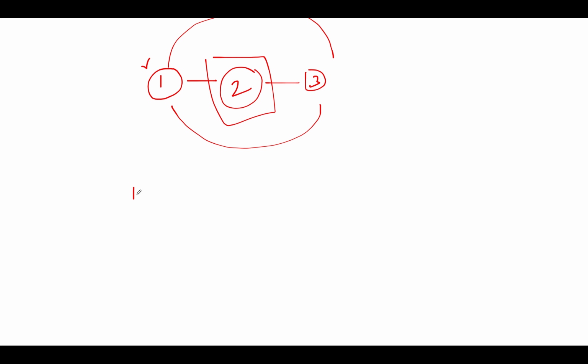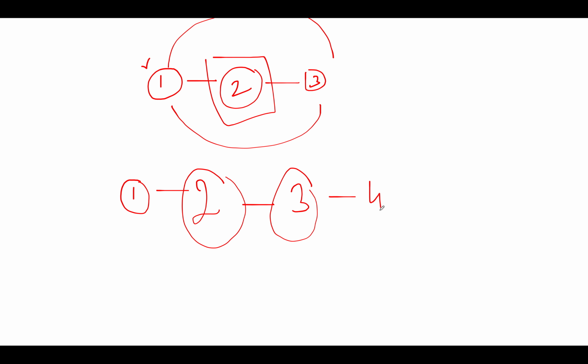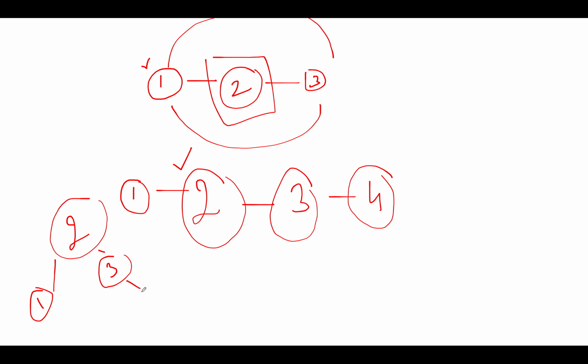Let's take another example, and let's take the case where we have an even number of nodes. So let's assume we have a very simple graph wherein there are only 4 nodes, 1, 2, 3 and 4. Let's hypothetically assume for a second that we are making 2 the root of the tree. If I make 2 the root of the tree, the structure would be something like this. We have 1 connected with 2, we have 2 connected with 3, and we have 3 connected with 4. So the height of the system becomes equal to 2.